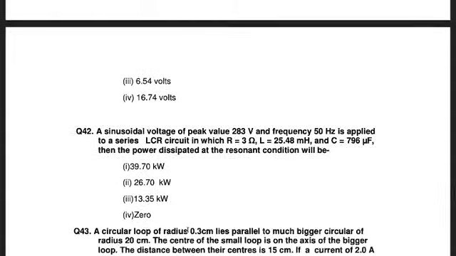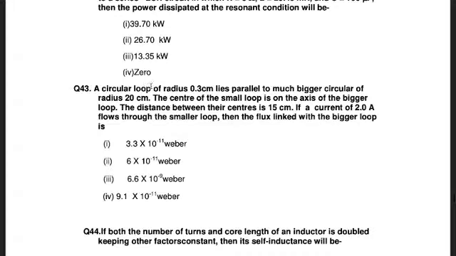For question number 43, a circular loop of radius 0.3 centimeter lies parallel to a much bigger circular loop of radius 20 centimeter. The center of the small loop is on the axis of the bigger loop. The distance between their centers is 15 centimeter. If a current of 2.0 A flows through the smaller loop, then the flux linked with the bigger loop is